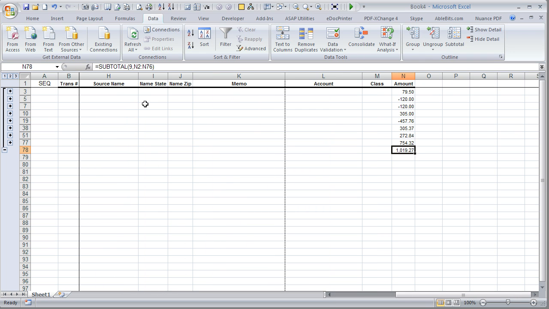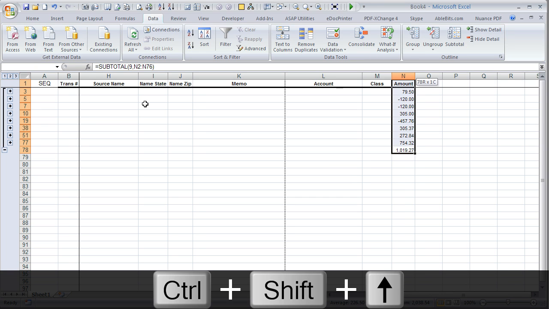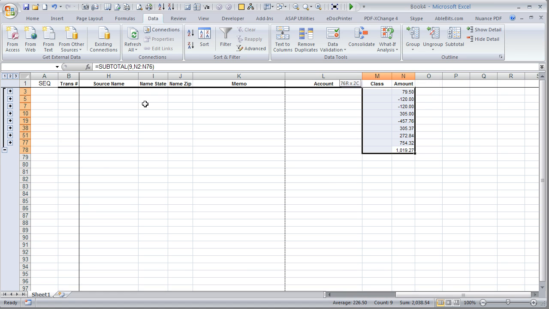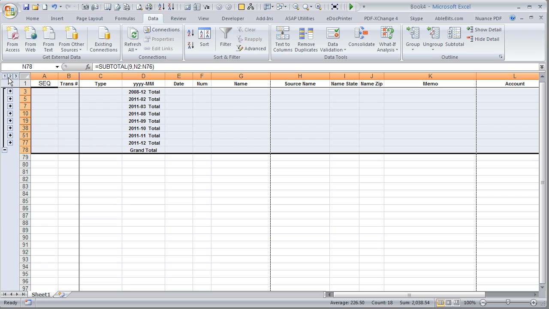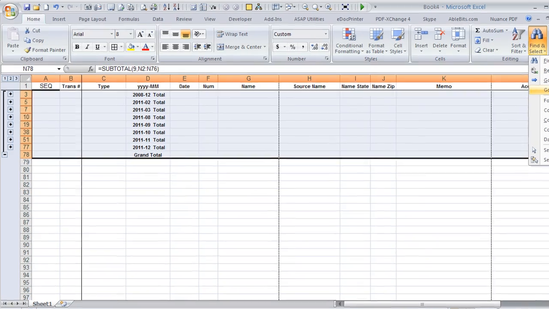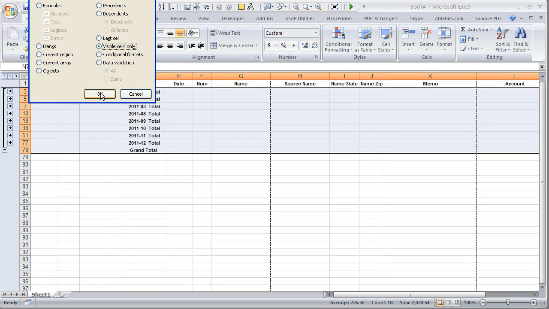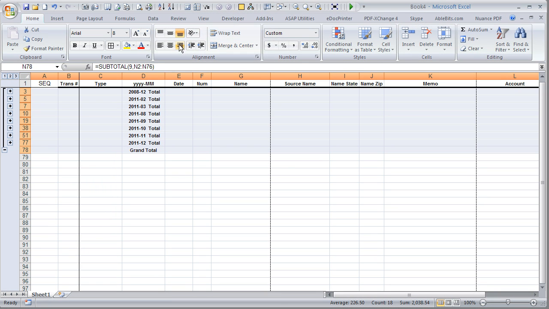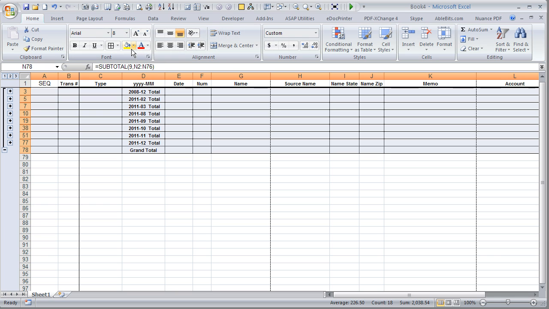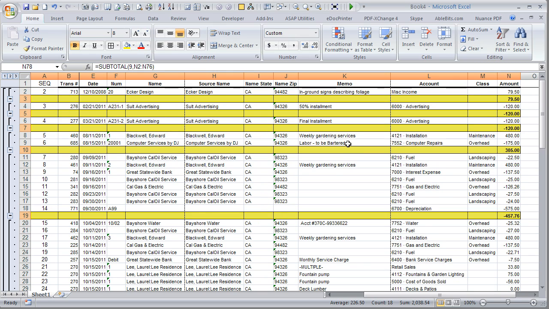Control Shift up arrow, then I hold the Shift key down, and then down arrow 1. And I'm going to show you how to do this manually. I have a macro that does this, but Find & Select, Go To Special, and we're going to go to just the visible cells. Then I'm going to put boxes around it, color it yellow, and boldface it. Okay, now let's uncollapse it, and we now have an easy to see